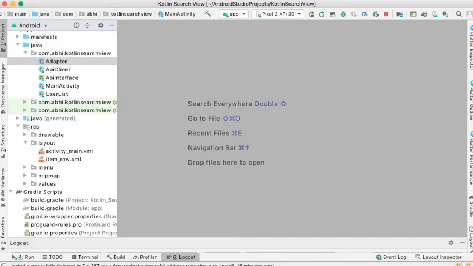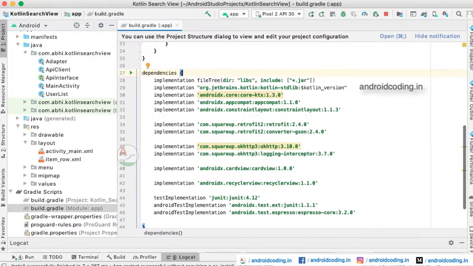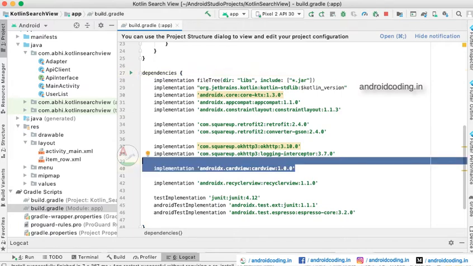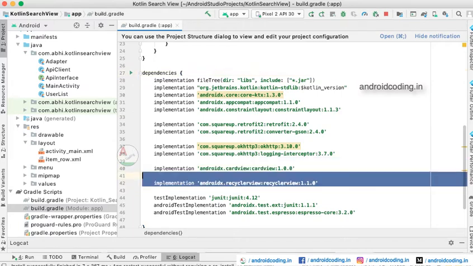In this video, we will see how to make a search in Android Recycler view. So here we are adding the dependencies required for making an API call because we are passing the API and we are populating a recycler view here. For which we are adding the retrofit dependencies and we are designing the view of the list view with a card view. And also we are specifying a recycler view in our dependency.